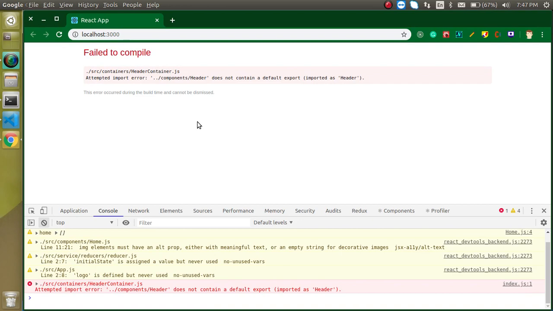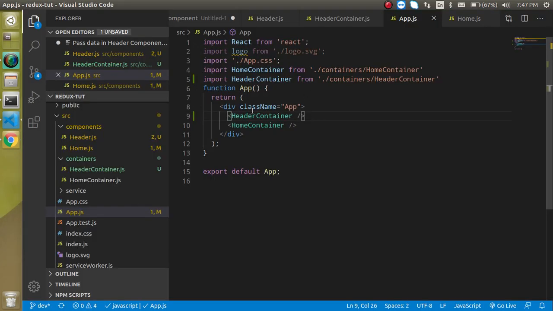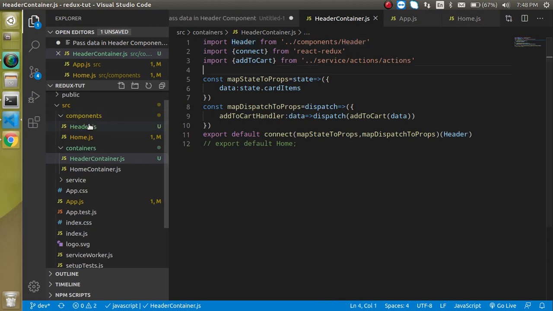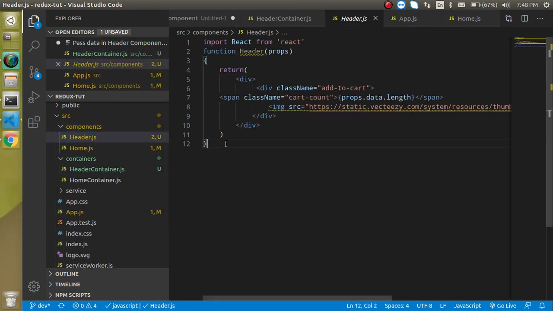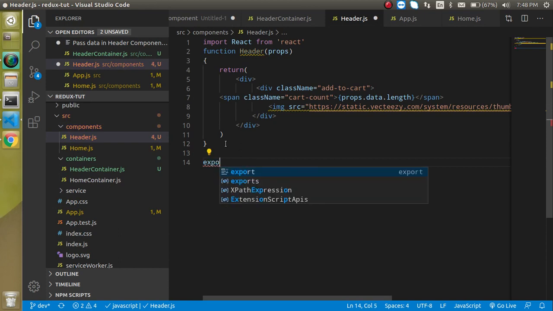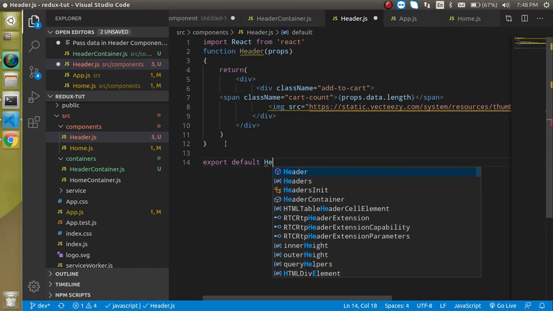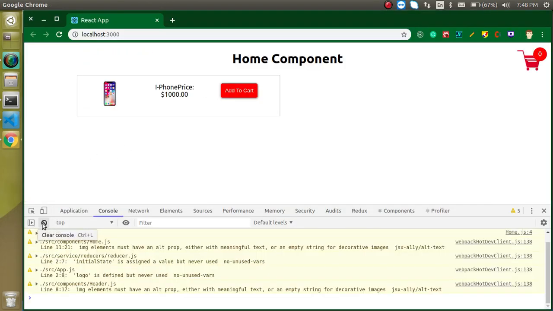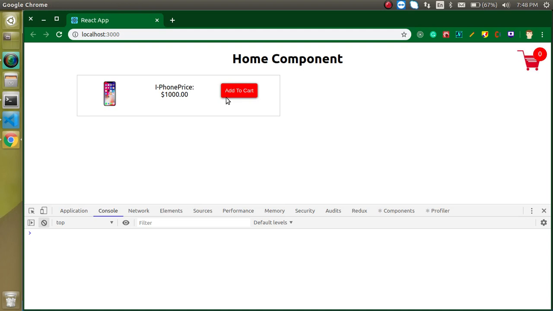Did I do something wrong? Let me check the header container. Go to the header component. Actually I just forgot to export it, so write export default header, right? Now this is fine, and you can see everything is the same, right?